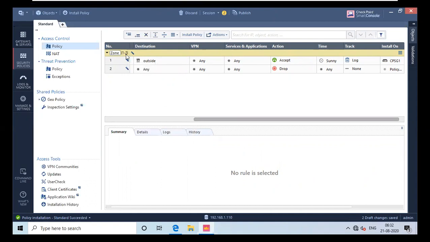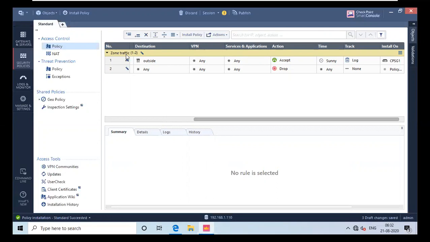Okay, you can give it anything, and as you can see, it shows us it's 1 to 2, which means there are two rules, and it shows like that. So it's 1 to 2. It's sections for 1 and 2. Okay, so I will hit enter, and this is how you create a section.